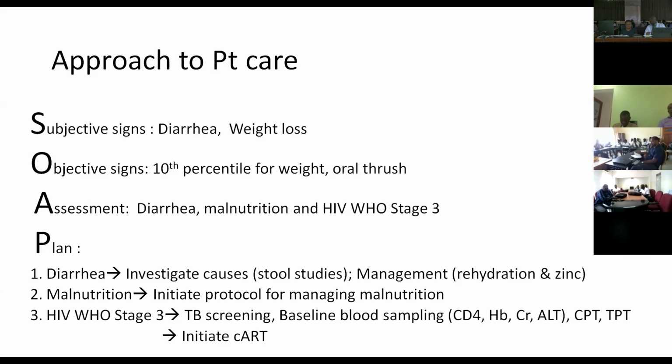There's the CD4 count, the hemoglobin, where we can either do just HB or a full blood count, depending on what is available. Then creatinine, and then ALT and liver enzymes. Then if negative for TB, you start TB isoniazid preventive therapy. And this child is about 3 years, so you also have to start cotrimoxazole preventive therapy, and then you initiate